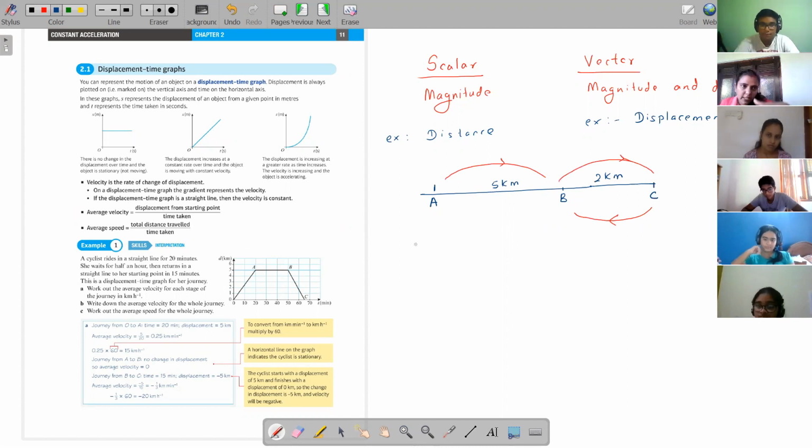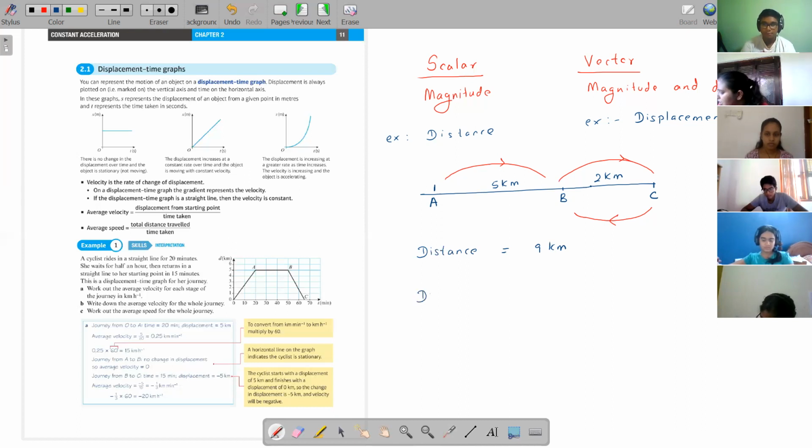You went from A to B, then from B to C, and again from C you came back to B. What's the distance you traveled? 9 kilometers. Are the others okay with that? A to B is 5 kilometers, then 2 kilometers, and another 2 coming back. So altogether 5, 6, 7, coming back 2, so 8, 9. You have traveled a total distance of 9 kilometers.